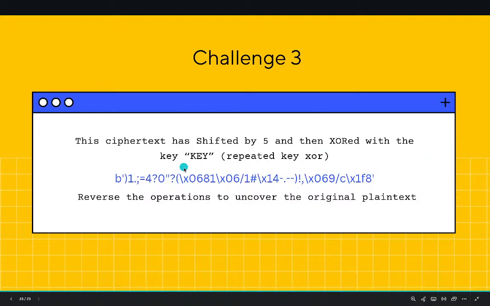You take the first character of the key K, XOR the first character of the plain text with the key character K. For the second character of the plain text, you XOR it with the second letter of the key, E, Y, K, E, Y, and so on. Basically, you're repeating the key. So you'll first take K, E, Y, XOR the first three characters with that, the next three characters with the key, the next three characters with the key, and so on.